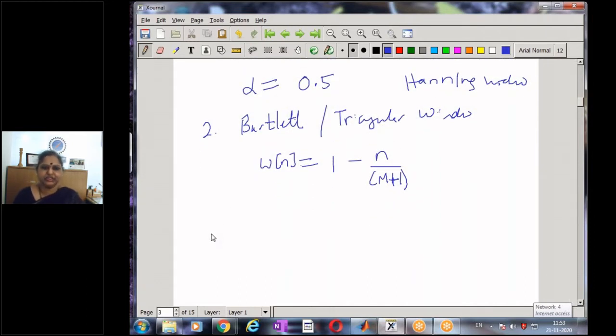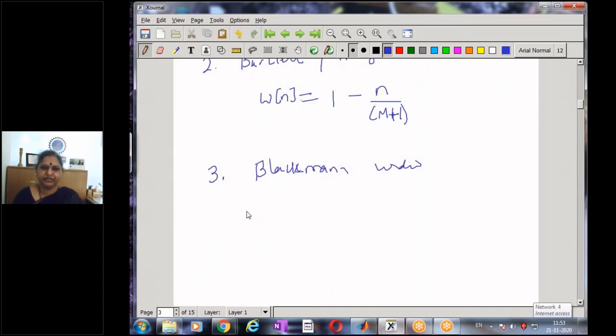It's a small change, and especially when the size of m is large, it doesn't make a huge difference in taking it as m or m plus 1. And there's one more window known as the Blackman window function, and here we have W of n given by